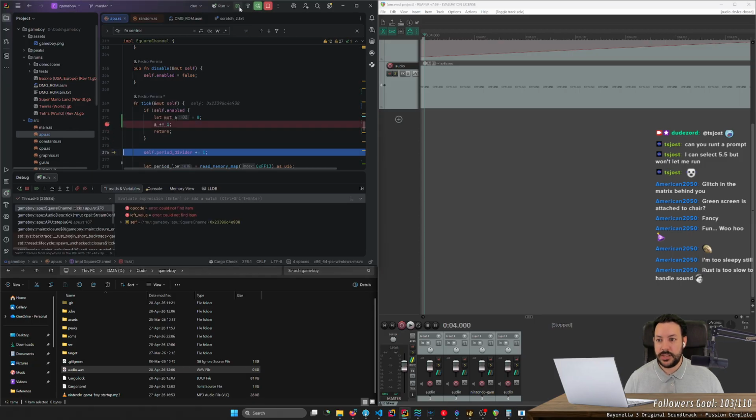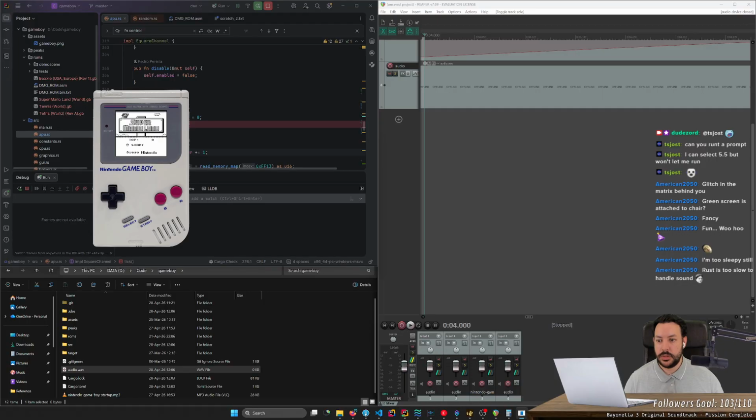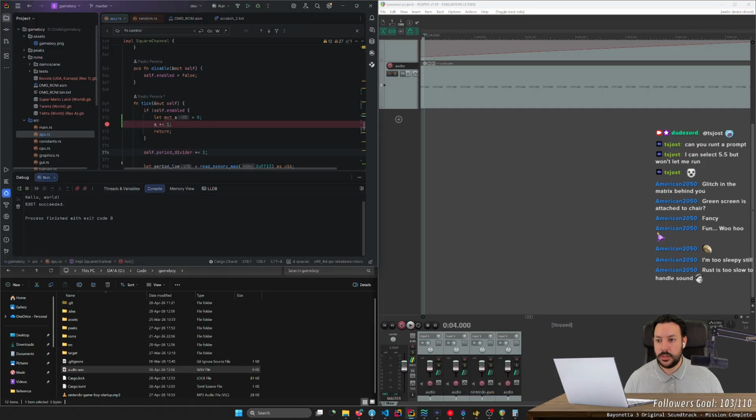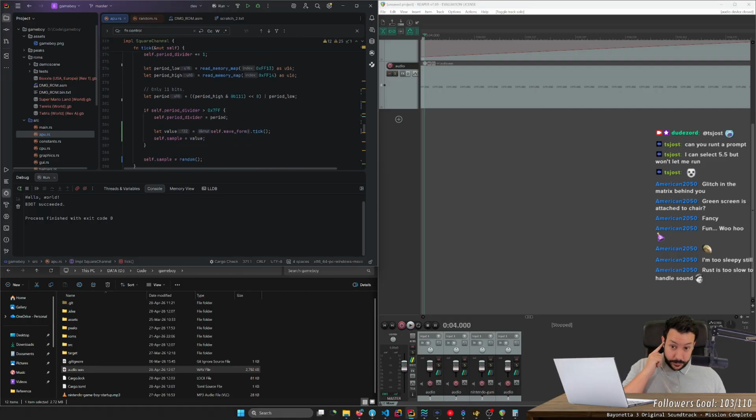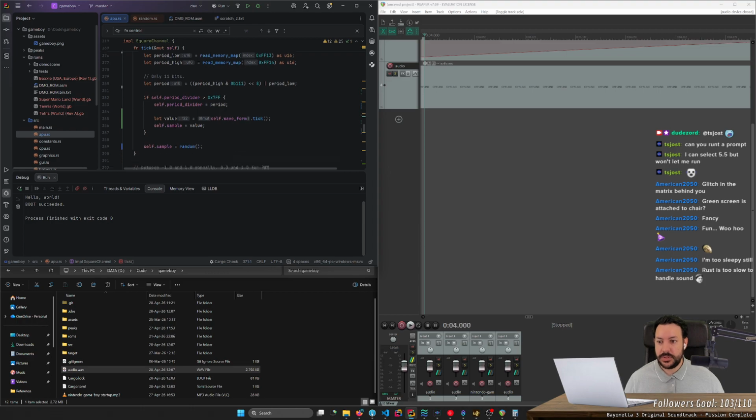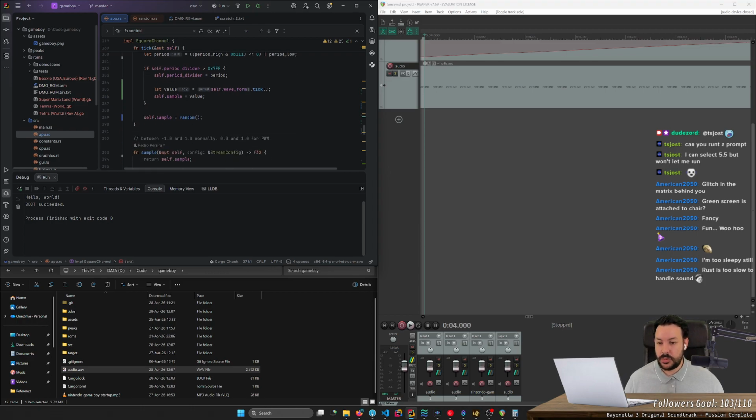And when does this get disabled? It doesn't. Okay, so this is not the issue. I don't think I'm modifying the period ever. So I don't know what the hell is wrong with this.